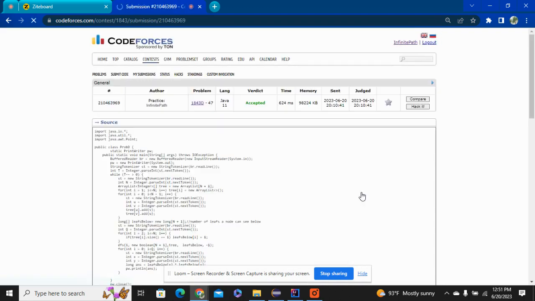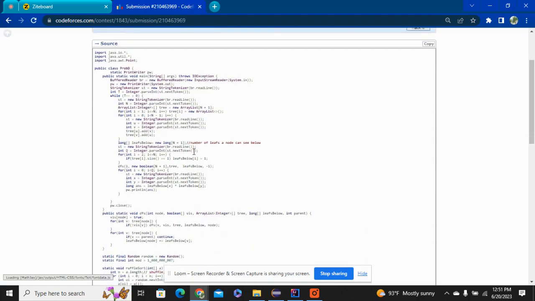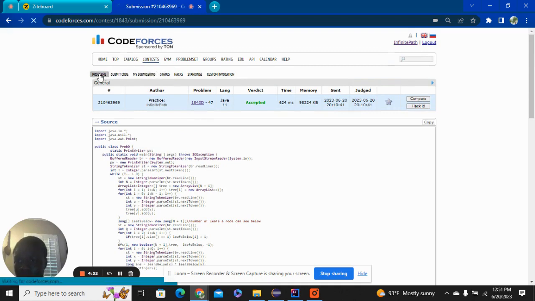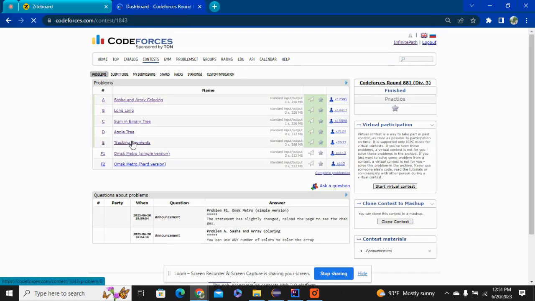D is very basic tree DP. It is DP technically, but basically you just need to find the amount of leaves that are below a node. If it's a leaf, then you count it as 1. So we set all leaves to 1, and then we DFS. The amount of leaves below a node is you go through every child and add the amount of leaves below their children, and that will be your answer. And then for a query, you just do a product. So pretty basic there. Then E